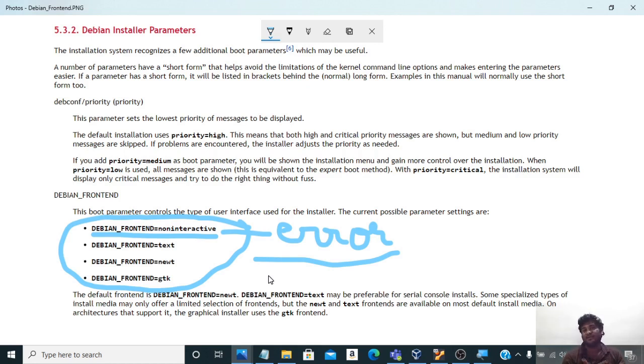So if you use DEBIAN_FRONTEND equal to non-interactive, you will never be able to find out whether your application is performing well. Whatever error is there on the back end, it will suppress it and continue processing. The default value of DEBIAN_FRONTEND is newt.